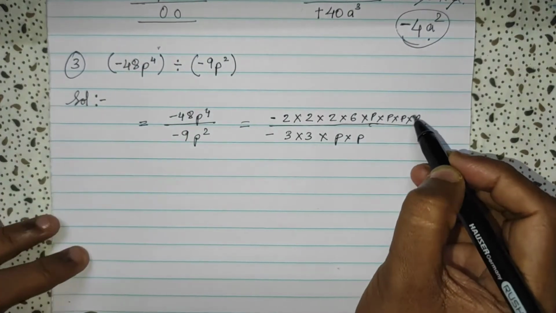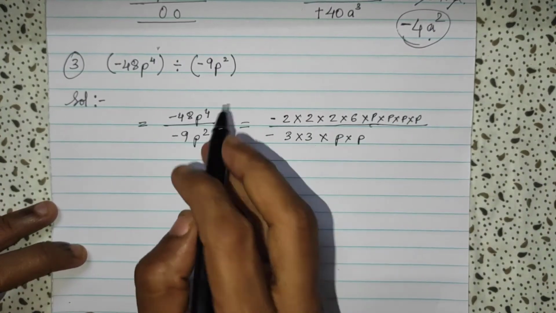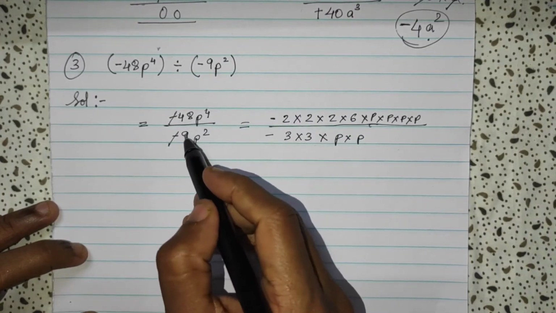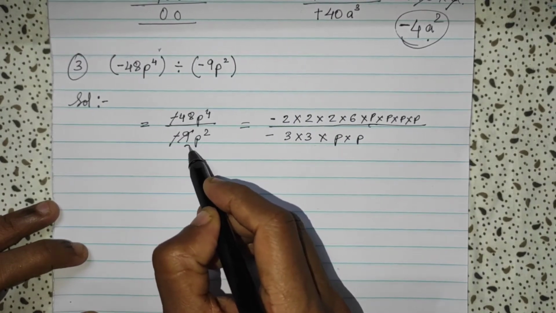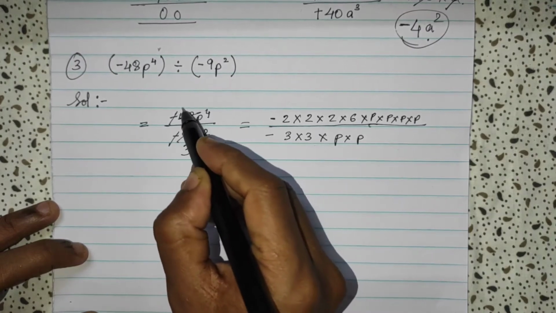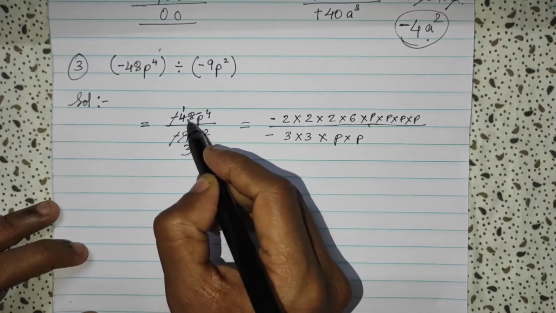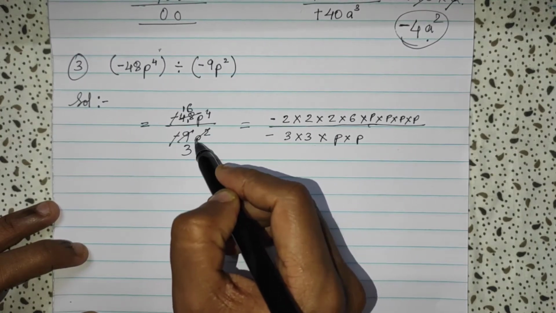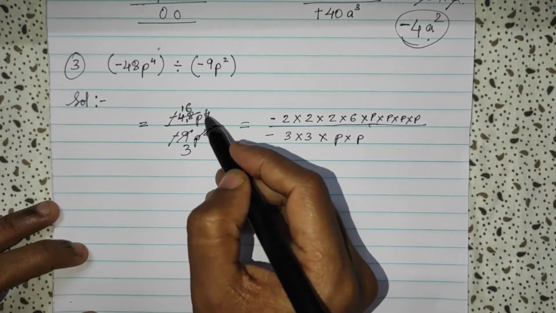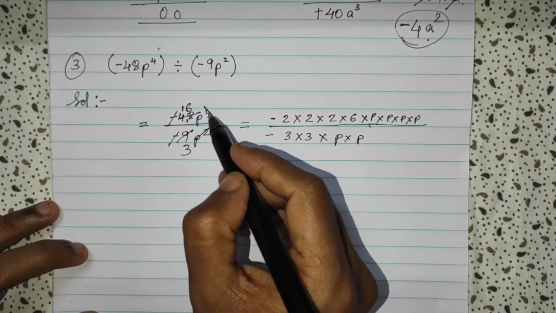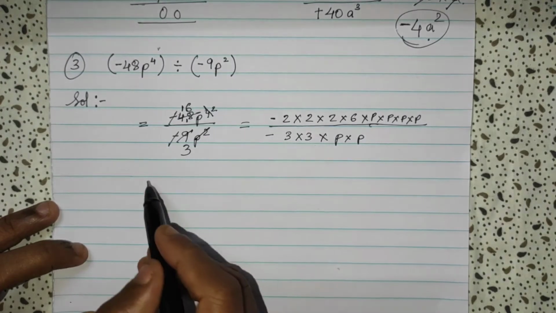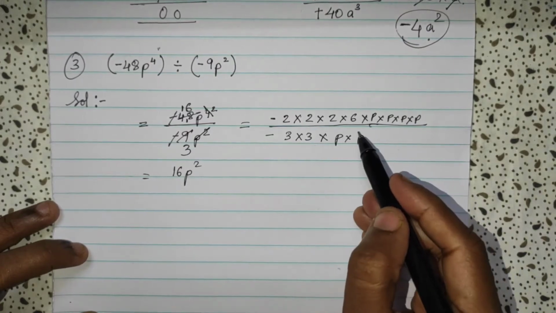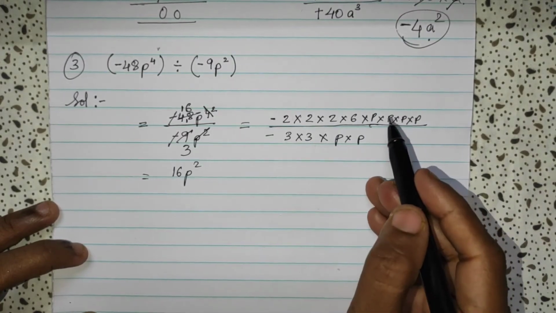These are the two ways. Now see, if you want to do directly only in this, see minus and minus, then 3 3s are 9, 3 1s are 3, 4 minus 3, 1 remaining, 3 6s are 18. Here you have p square, that means 2p, and here you have p4, so 4 minus 2 is 2. So you are left with 16 p square. Let's see in this, whichever you find easy you can do in that pattern.